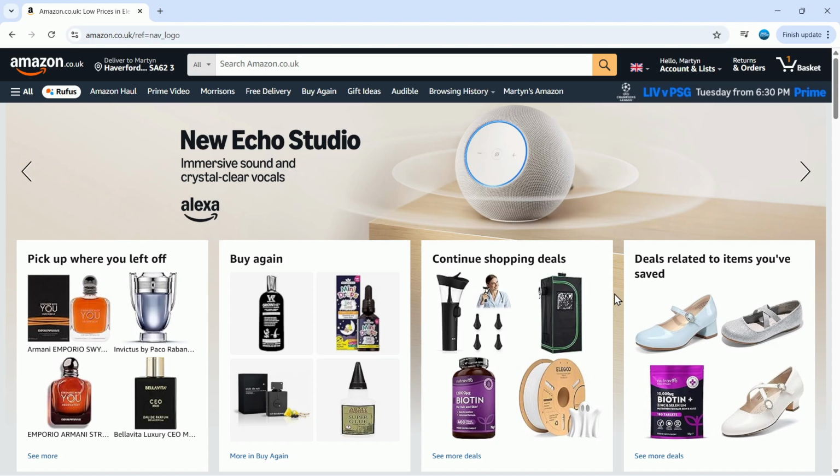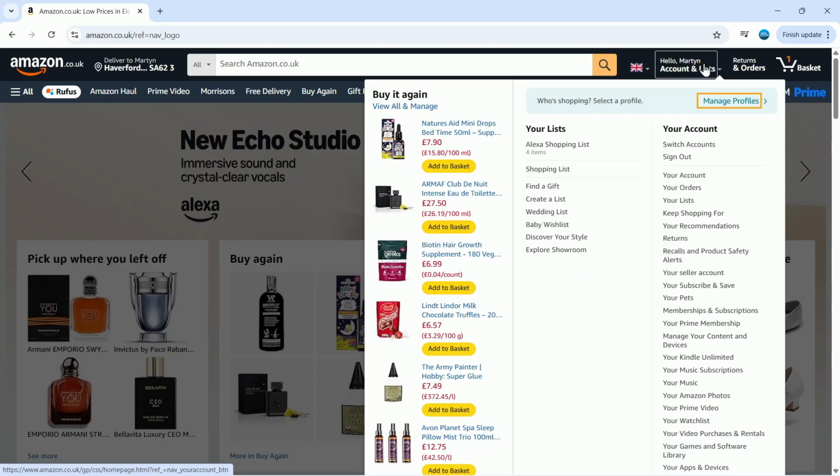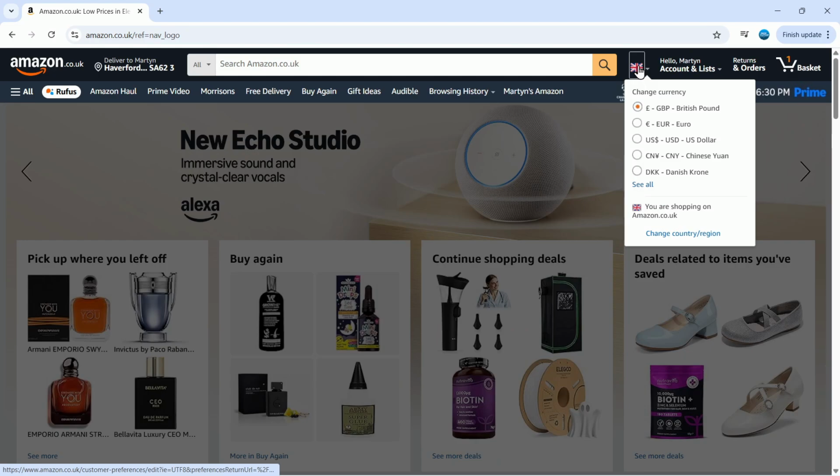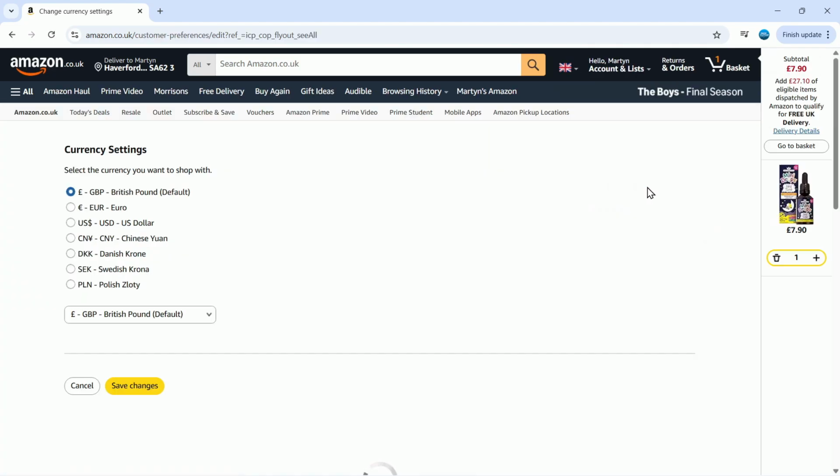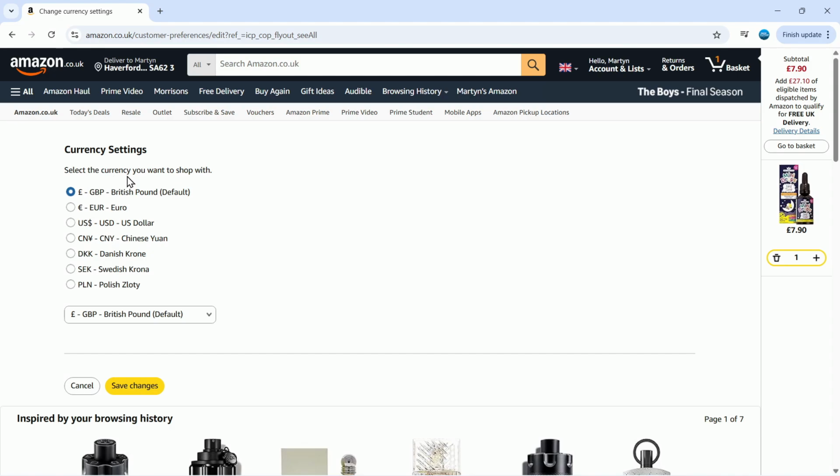To get started, what you want to do is come across to the Amazon website and log into your account. From here, to change the currency, come up to the top right hand corner of Amazon. Next to your name, you're going to see your country flag over here, and if you hover over this, you've got the option to change currency. You can see there's a few that's going to be displayed, but you can also see it says see all underneath. So if you give that a click, this is going to take you to your currency settings,